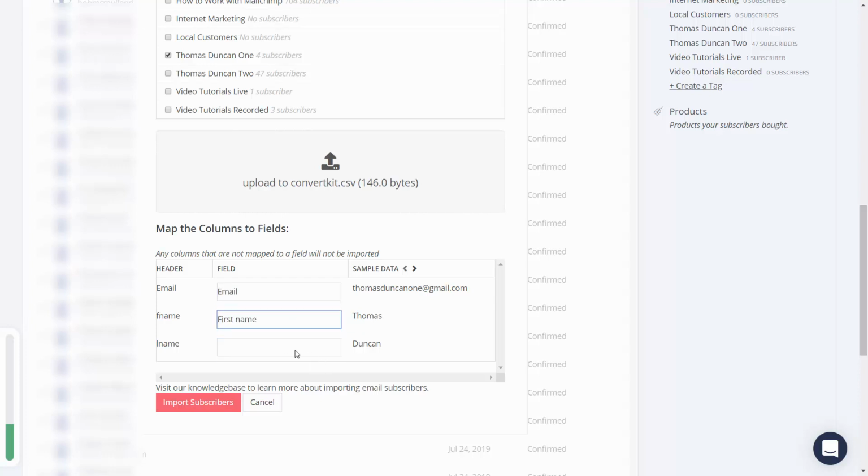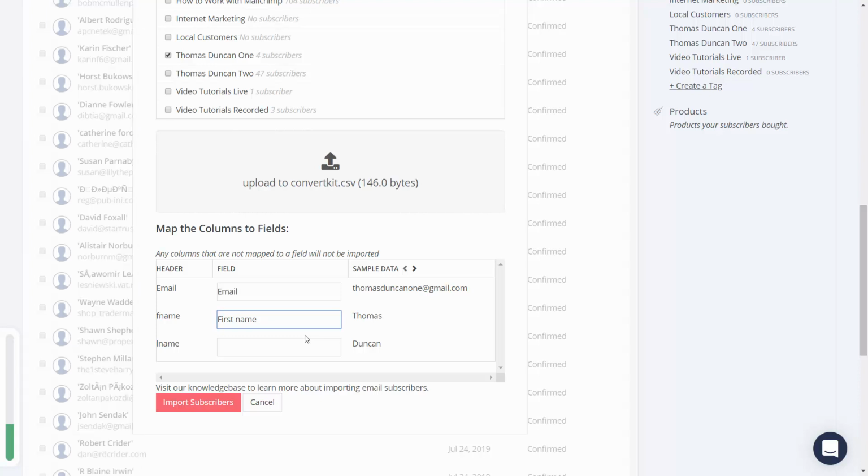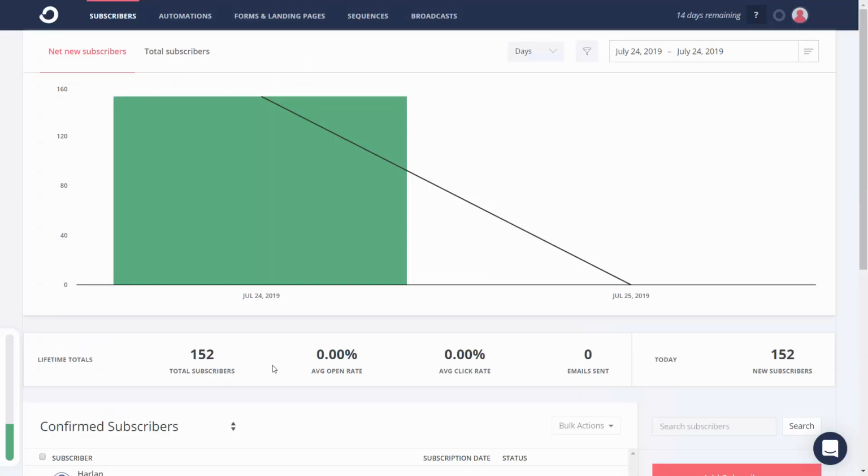Now, in some cases, you won't have anything available in your last name. However, you will have the email and first name. What you can then do is then click Import Subscribers. And the import process of your CSV file will then